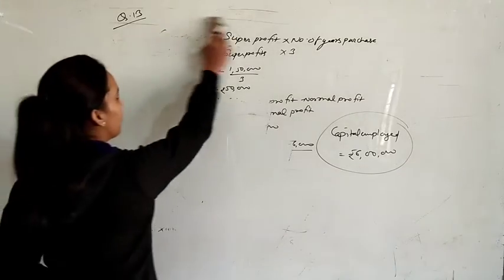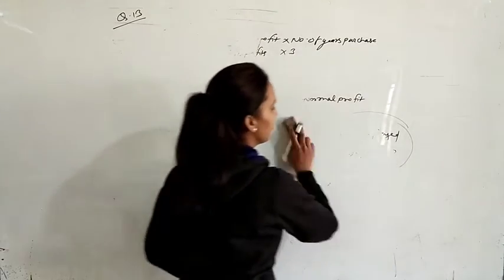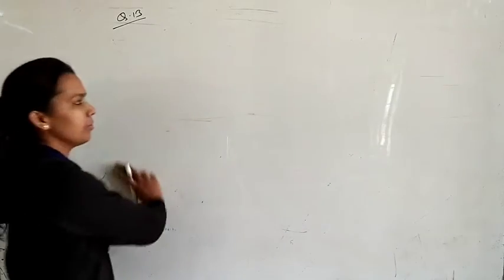Next one we will start question number 14. In the 14th question, just see, A and B are partners. They admit C for 1/4 share in the profits. For this purpose, goodwill is to be valued at 3 years' purchase of super profits. In this question also the method is the same. Information is given, that is A's capital, B's capital, general reserve, profit and loss account credit balance, it means this is profit, and sundry assets. The normal rate of return is 15% per annum. Average profits are 2 lakh rupees per year. You are required to calculate C's share of goodwill.